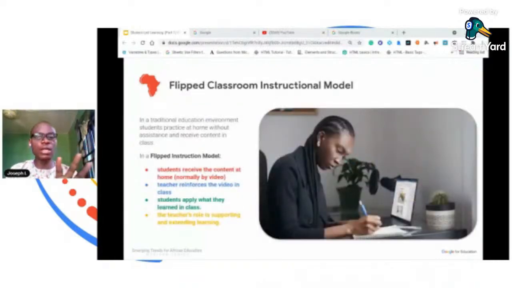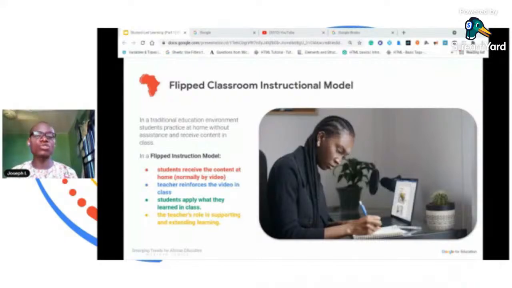In traditional classrooms, it is based on teacher lecturing and distributing knowledge, while students practice and apply the knowledge at home for homework that they are given. But when it comes to flipped classroom, it allows students to absorb the knowledge on their own and apply knowledge with the teacher present as a guide.